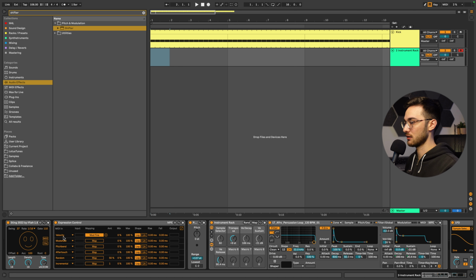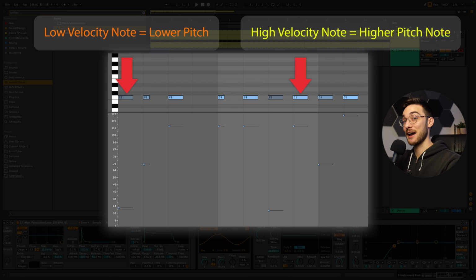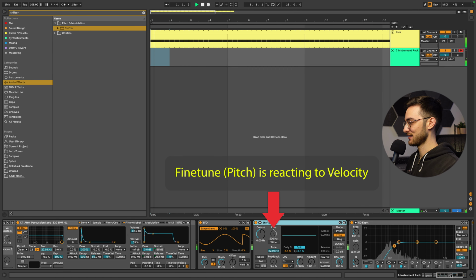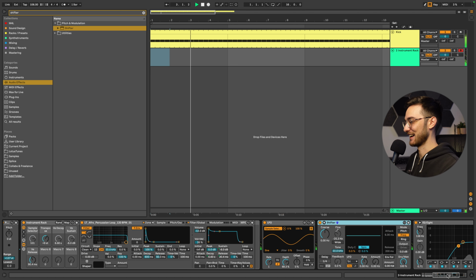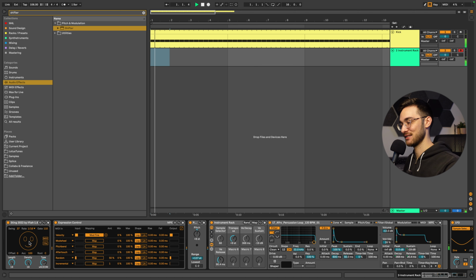So each time we have MIDI notes that are played at a lower velocity, we get lower pitch notes. Each time we hit a note that has a higher velocity, a higher intensity, that's played really hard, you get a higher pitch. That can give you some really interesting results. So let's just hit play here. Nice. And if you hit that smiley a couple times,